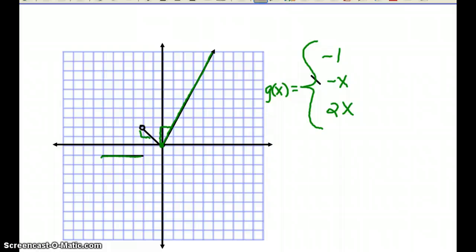Okay, now that we've written the functions, now we have to write the restrictions. So in order to write the restrictions, we're going to put a comma after the function. So this function here,